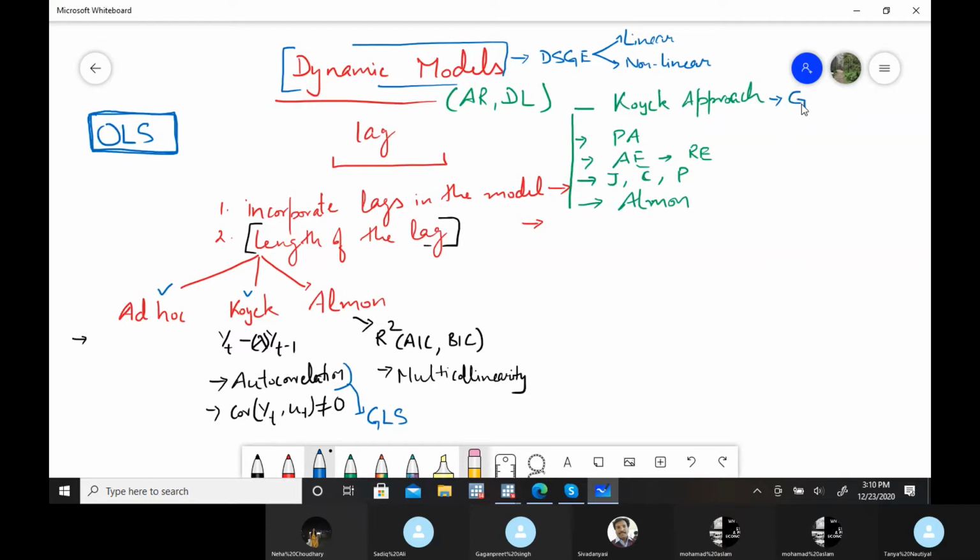That is the Koyck approach. So does anyone have doubts in these three concepts: the geometric decline approach, the Koyck approach and how we incorporate the length of the lag with it, and ad hoc estimation? Any doubt in these three parts?